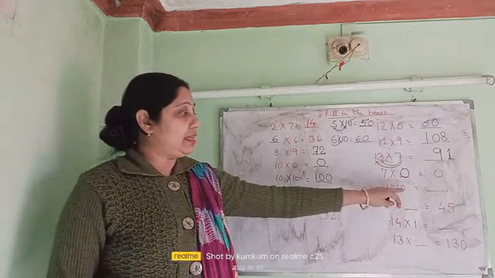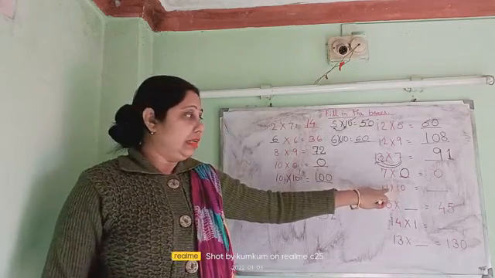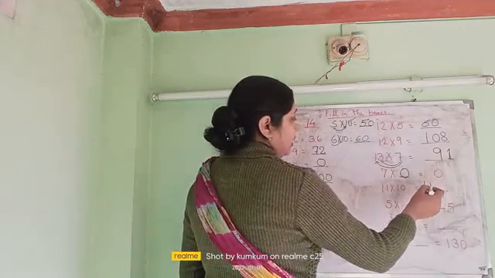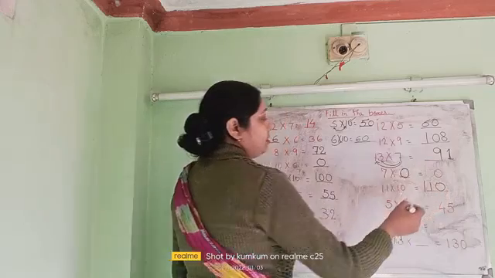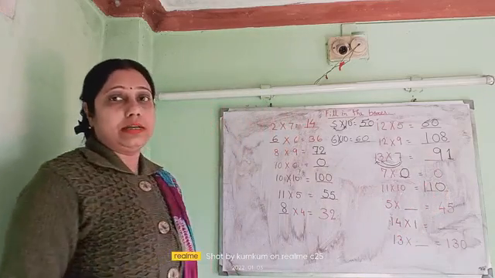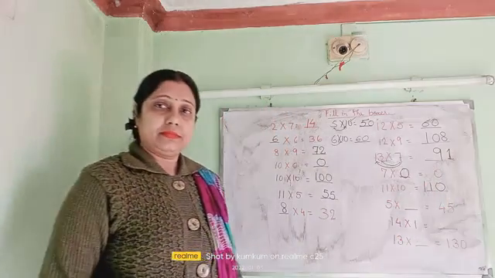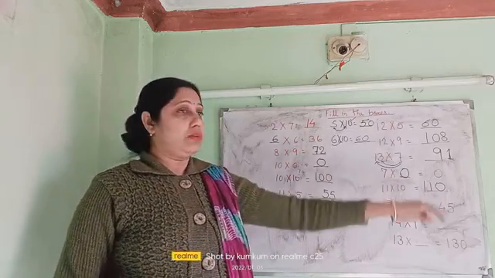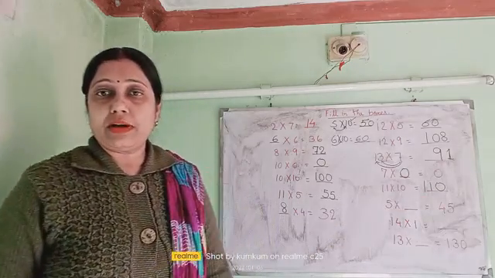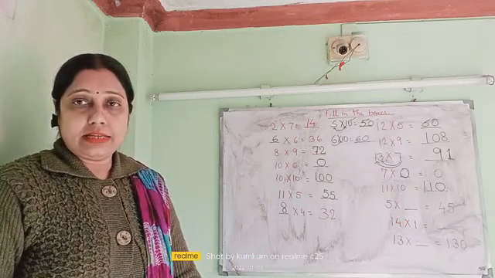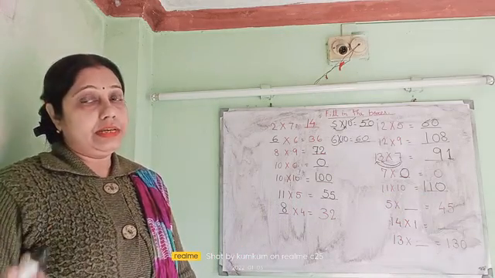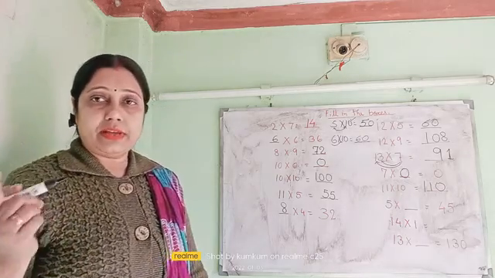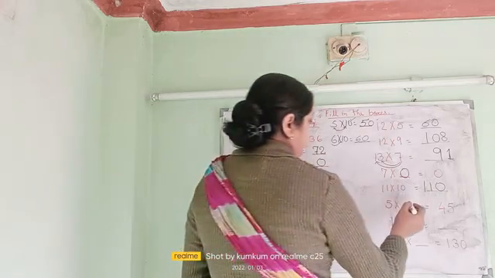Now here 11 tens are. So leave the 0. 11 ones are 11. We are going to write here 11. And after that we will add 0. So it will become 110. Clear, children? Next, 5 times how much is 45? We know the table of 5 and that is 5 9s are 45. If you are reading, very good. If the 5 table is very easy, you find out 5 9s are 45. So I am going to write here 9.